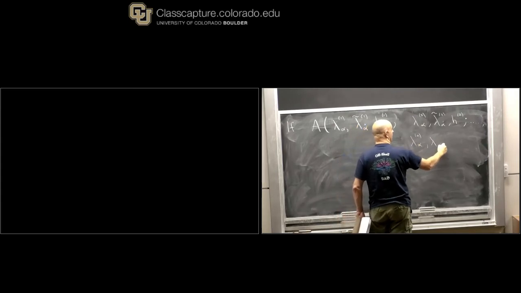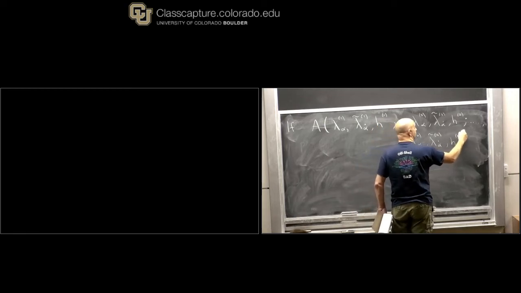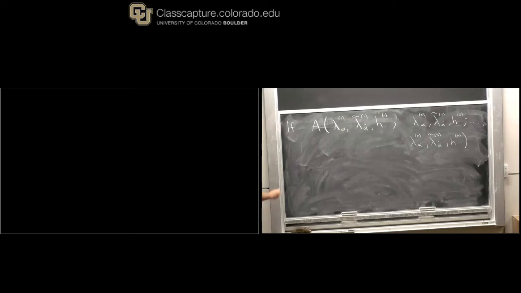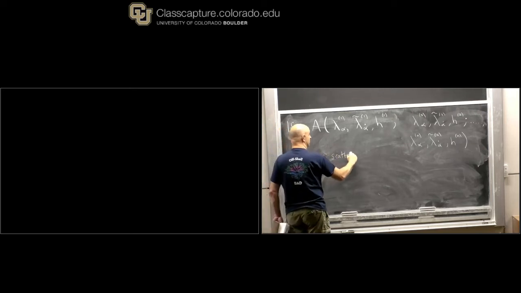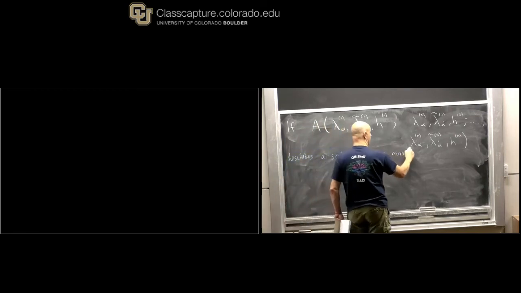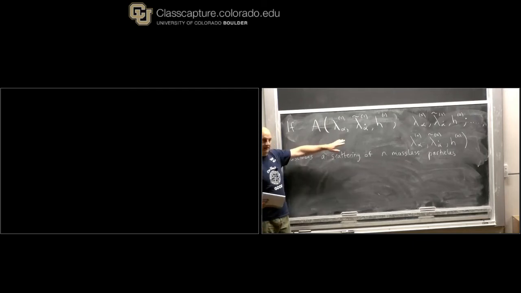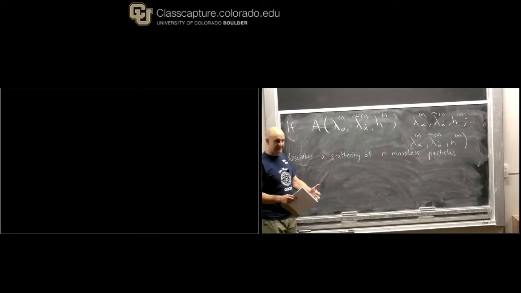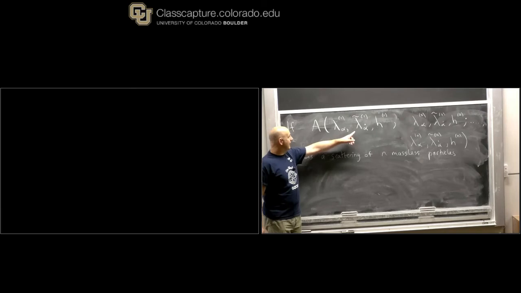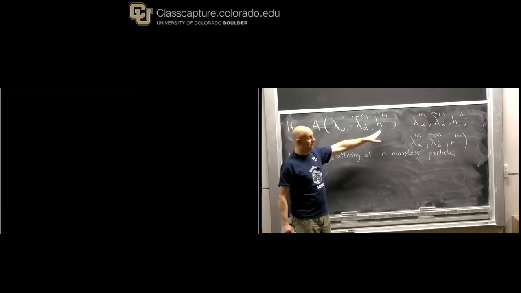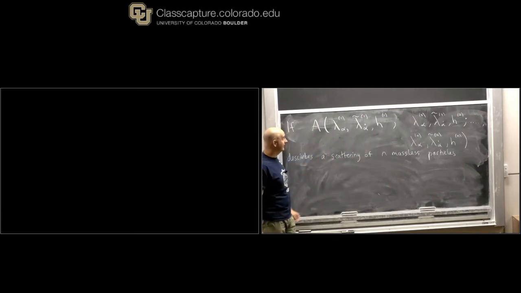Suppose we have a scattering amplitude that describes some n particle process, a scattering of n massless particles. Each particle here, in order to specify who it is you're scattering, you need to tell me for every single one of your n particles what their lambda value is, what their lambda tilde value is, and what the helicity is. Because this is the information that specifies a one particle state. So these are the n particles you're scattering, and I imagine that that's some scattering amplitude. And then the statement that I just wrote here in words, when translated into a formula, what that means is